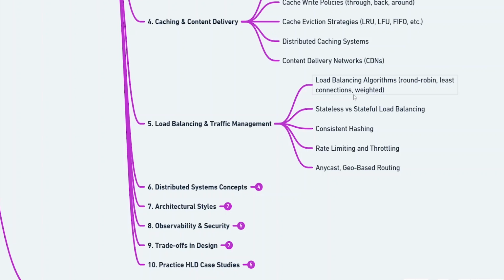Load balancers distribute the traffic efficiently using strategies like round robin, least connections, or geo-based routing. This is how large-scale applications like Netflix handle millions of requests smoothly. Here we have load balancing algorithms like round robin, least connections, and weighted. And we have a few concepts like stateless and stateful load balancing, consistent hashing, rate limiting and throttling, anycast, and geo-based